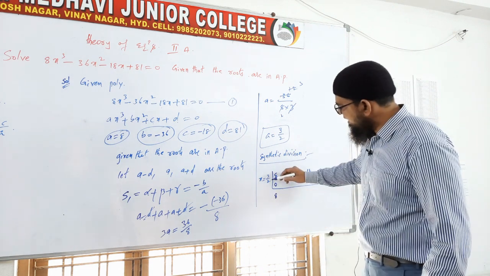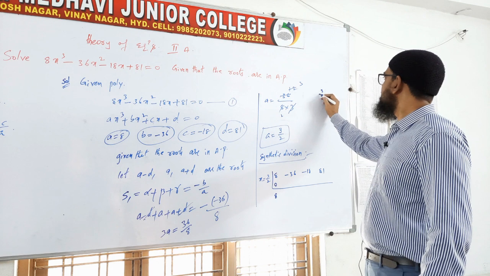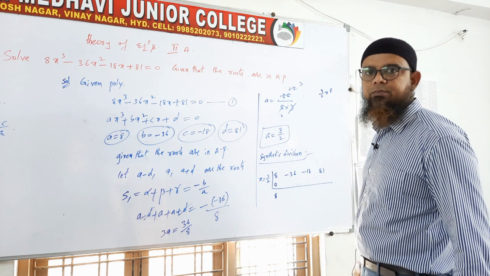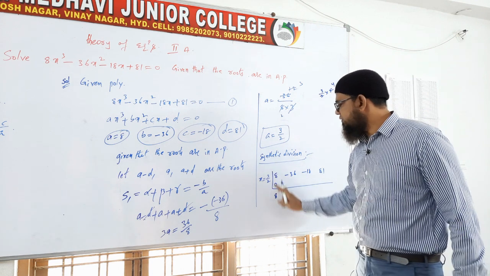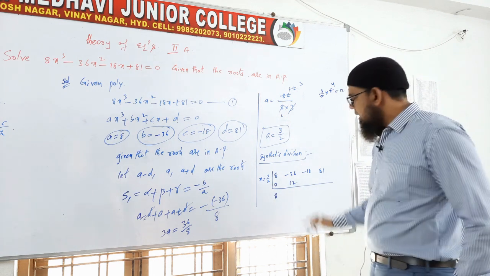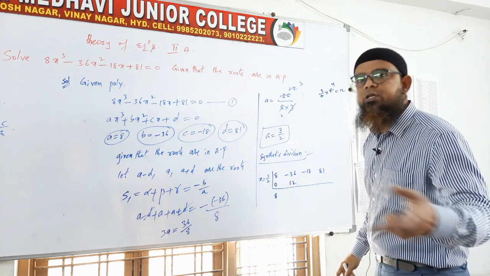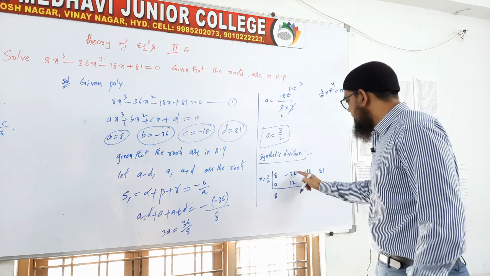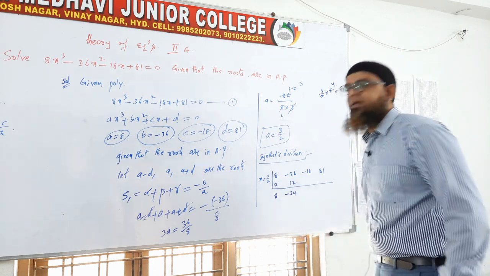Now what to do, sir? Like cross multiplication, 3 by 2 into 8. We have to do the rough work here. Multiplying these two numbers: 2 fours are 8, 3 fours are 12. When I multiply 3 by 2 into 8, I am getting 12 as the answer. That 12 you write down here. Now 36 has minus, 12 has plus. So addition or subtraction you decide. When the signs are the same, that is addition. When the signs are different, subtraction. 36 minus 12, so what you will get? Bigger number has minus, so you will get minus 24.